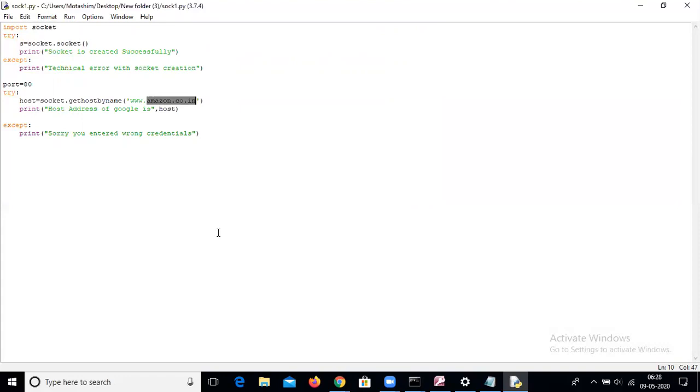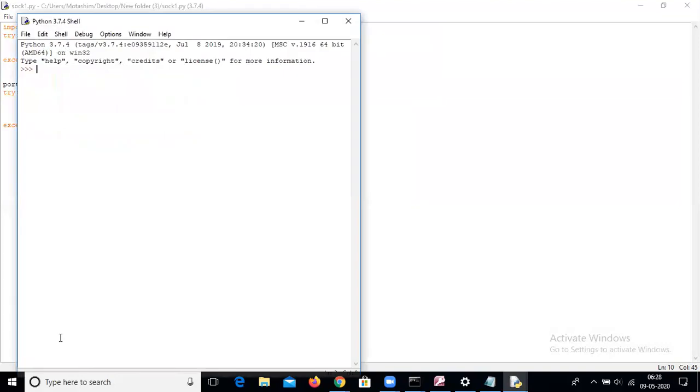What is the website of JIT? jit.edu.in. I think this is right. Yes, it is right. Save it, run it. This is the host address of our college, Jahangirabad Institute of Technology. Okay, I think it is clear. It is very easy.